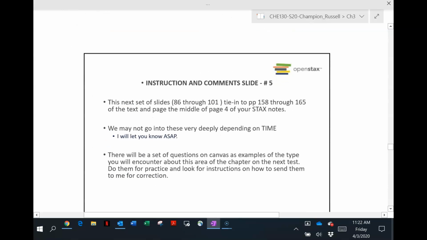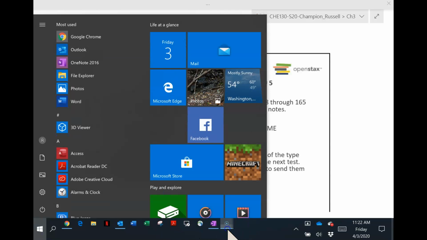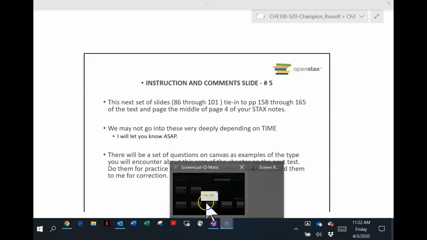Alright, so that takes us to the end of this little segment of the slides, and you'll be seeing some homework associated with that, and we will